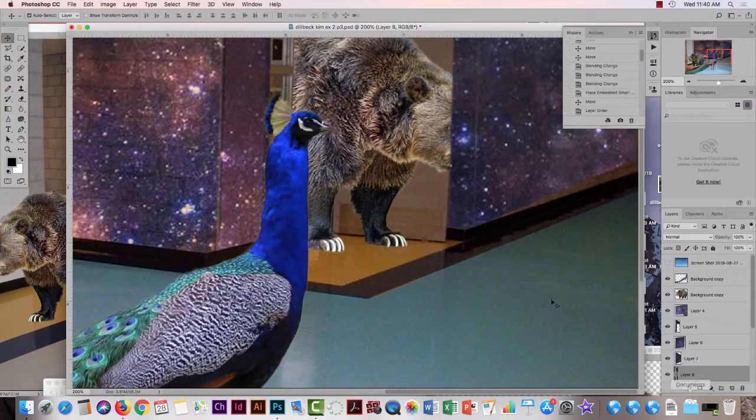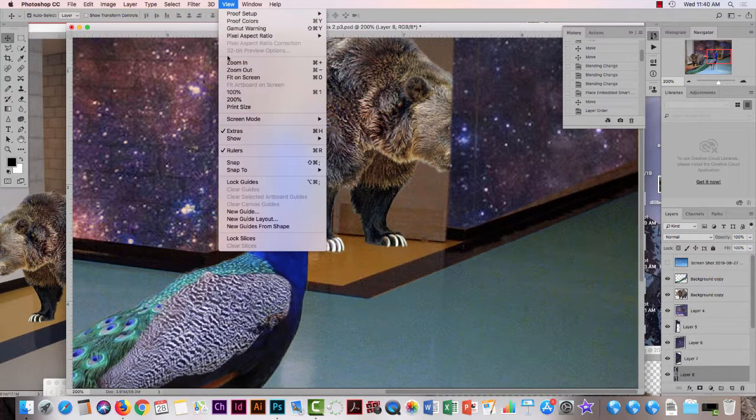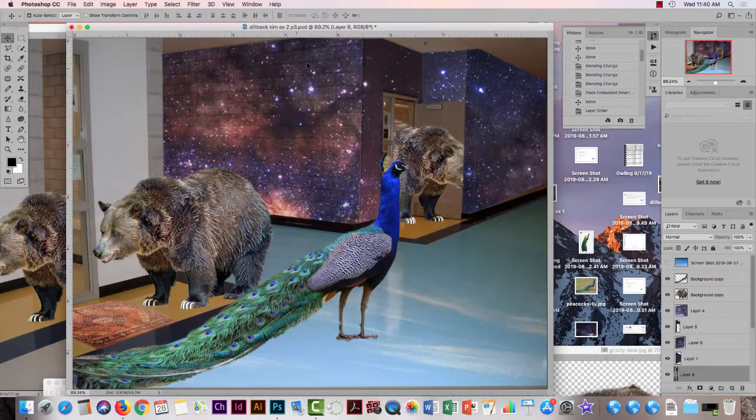So here's another one. Let me zoom out. So that one's not quite done. That actually needs to be adjusted. But you're just going to be cutting stuff out, bringing it into the hallway until you have exactly 20 things, and then you will be ready to